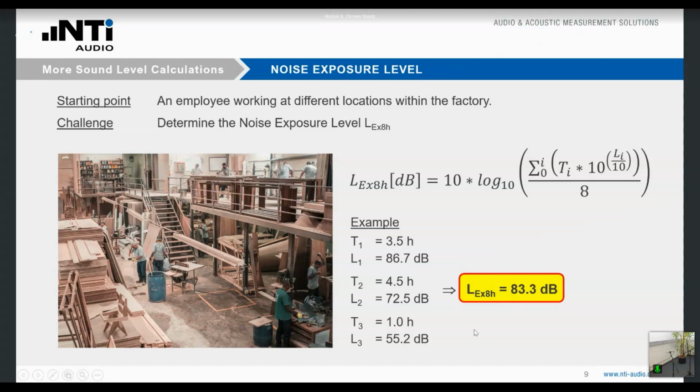So in other words, take care. The high levels are the most important, the ones with the highest impact. It's the same in a concert. If you have a short time, a very high level, it's getting really difficult to get down the average level to a much lower value because these high levels are really very predominant. This is due to the logarithmic nature of sound.